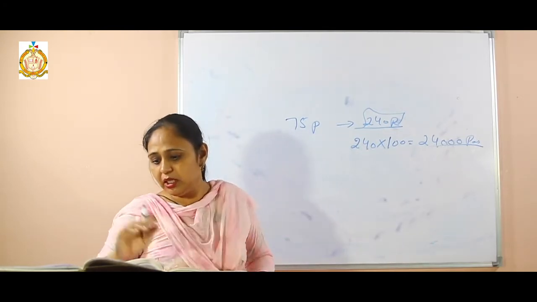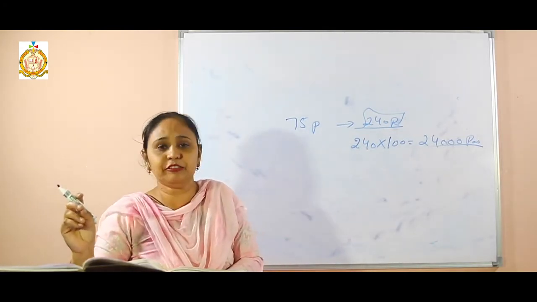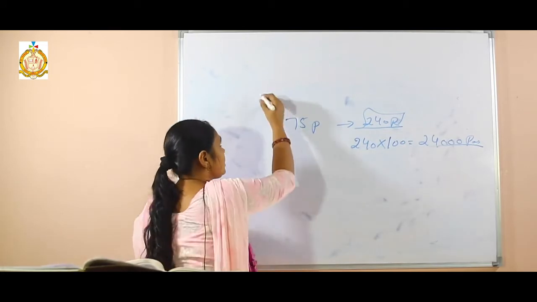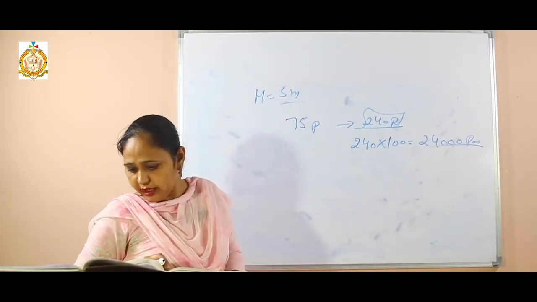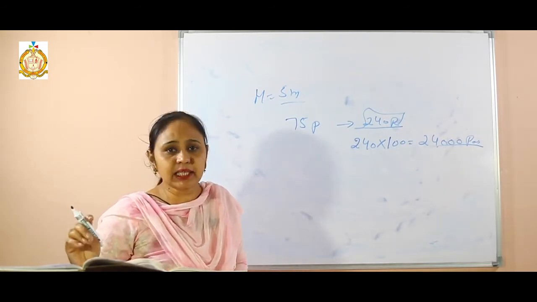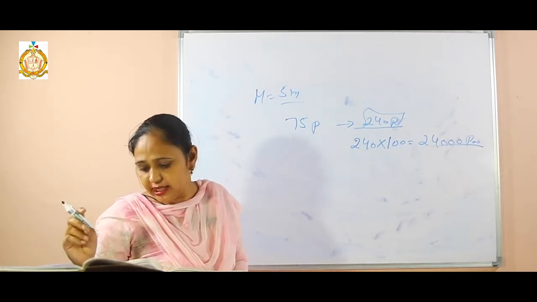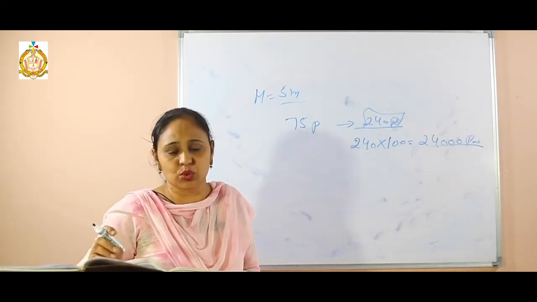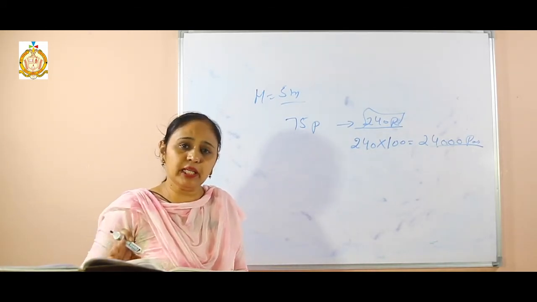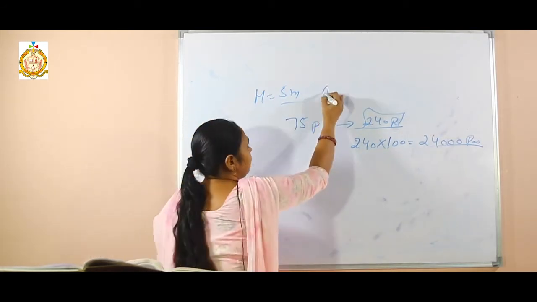Then we see that the height of the room is 5 meter. That room height, 5 meter, is given. Then we have to find the length and breadth. And he says that length and breadth are again given in a ratio. That means we will multiply it with any variable. Length will be